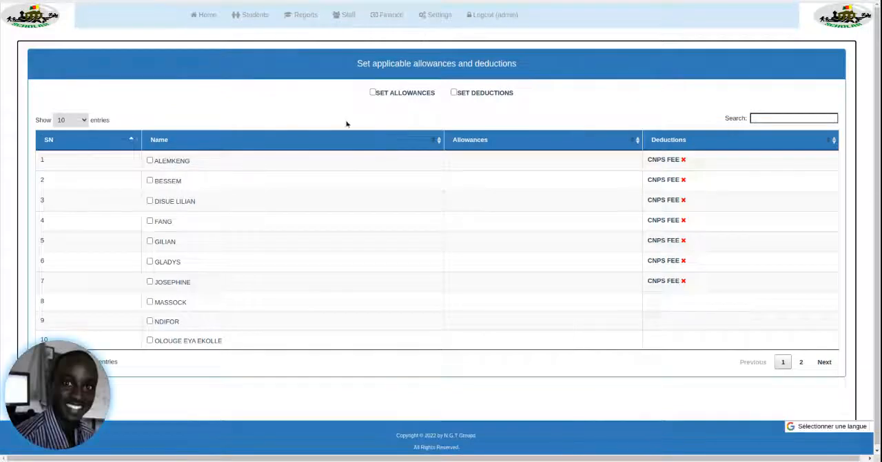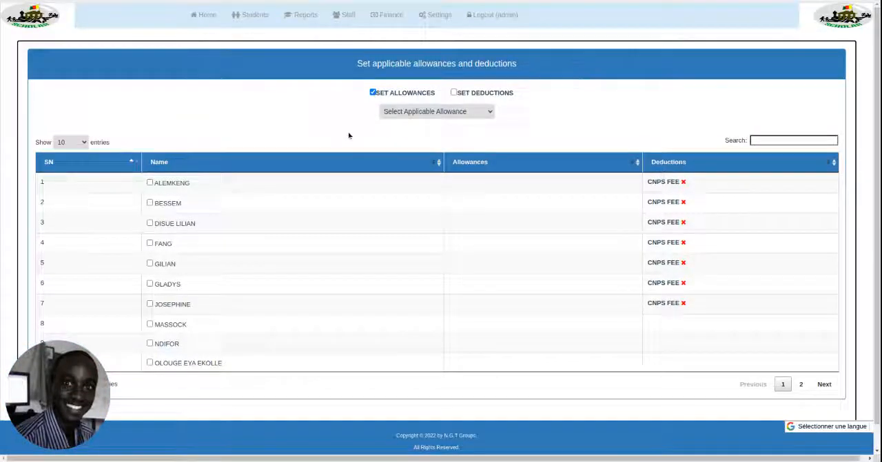Once you are there, at the top, you are going to see the title set applicable allowances and deductions. Just below that, you will see two checkboxes, one against set allowances, the other against set deductions. We are going to carry them out one at a time. In order to assign allowances to a set of staff, we tick the allowances box, and then it is going to show a drop down